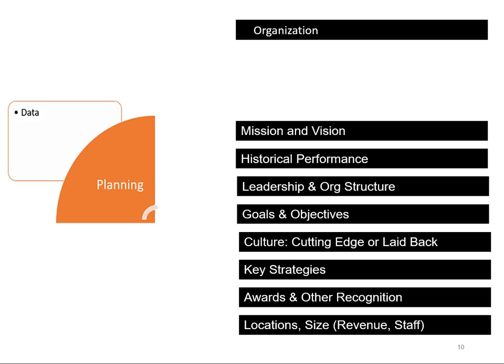Then look at the leadership and the organizational structure. Is the executive team experienced? Are they innovative and cutting edge and aggressive growth seekers? Or are they conservative, laid back, we'll wait and see how everybody else does with this new product and maybe we'll come out with something later on? Do they respond to their competition aggressively when, for example, the competition runs a sale and has 50% off? Do they let them do it, or do they go ahead and drop the price lower? Do they match new product to new product launch as closely as possible? How do they handle those things?